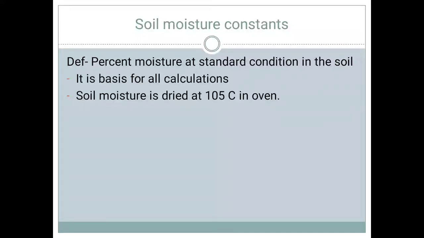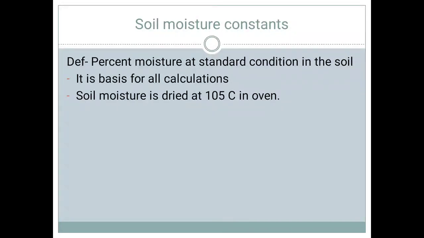Hello students. In continuation with our earlier lecture about types of soil water, we have seen there are three types of soil water: gravitational, capillary and hygroscopic. Gravitational water is loosely held, in thick film form, cohesion force is involved and it is unavailable to the plants. Both the pores are filled with water. Capillary water is available to the plants. Micropores are filled with water, macropores are filled with air. Force of adhesion is involved, little tightly held by the soil.